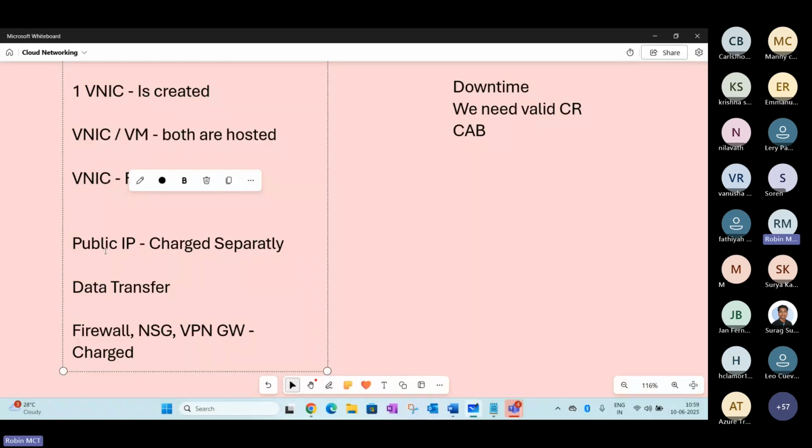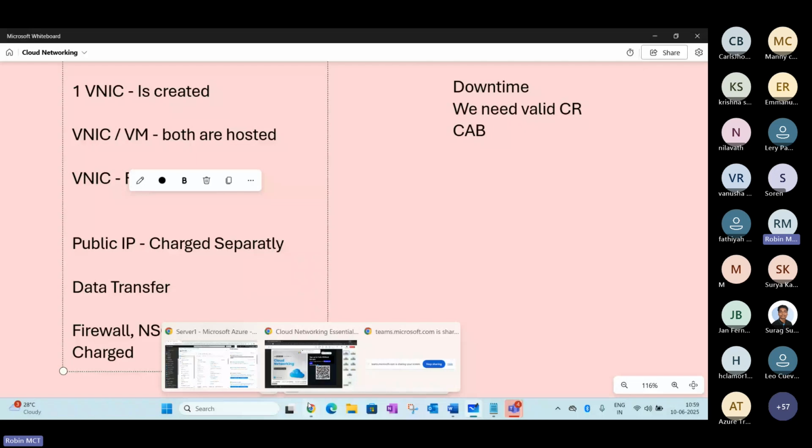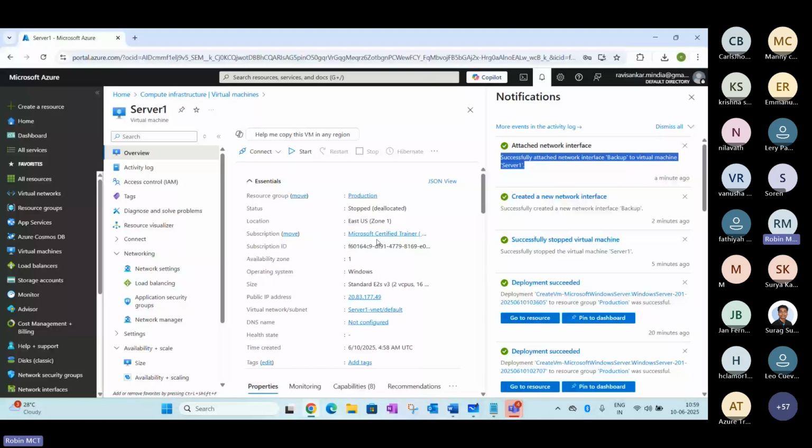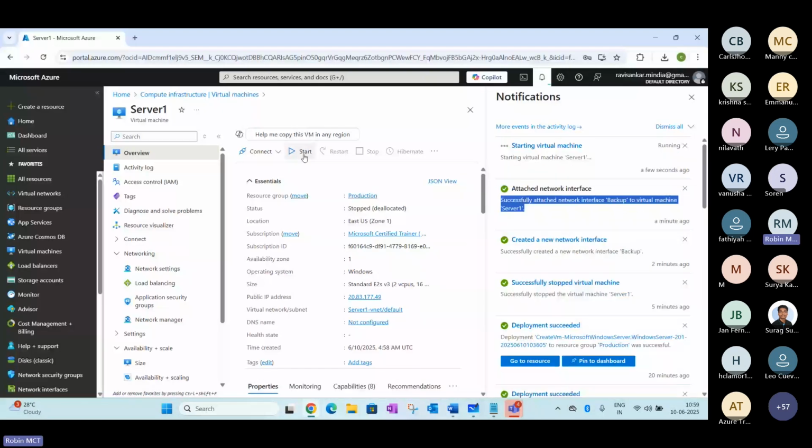You can see this has been added here. Now I've powered on the server. Let's wait for it to come back.